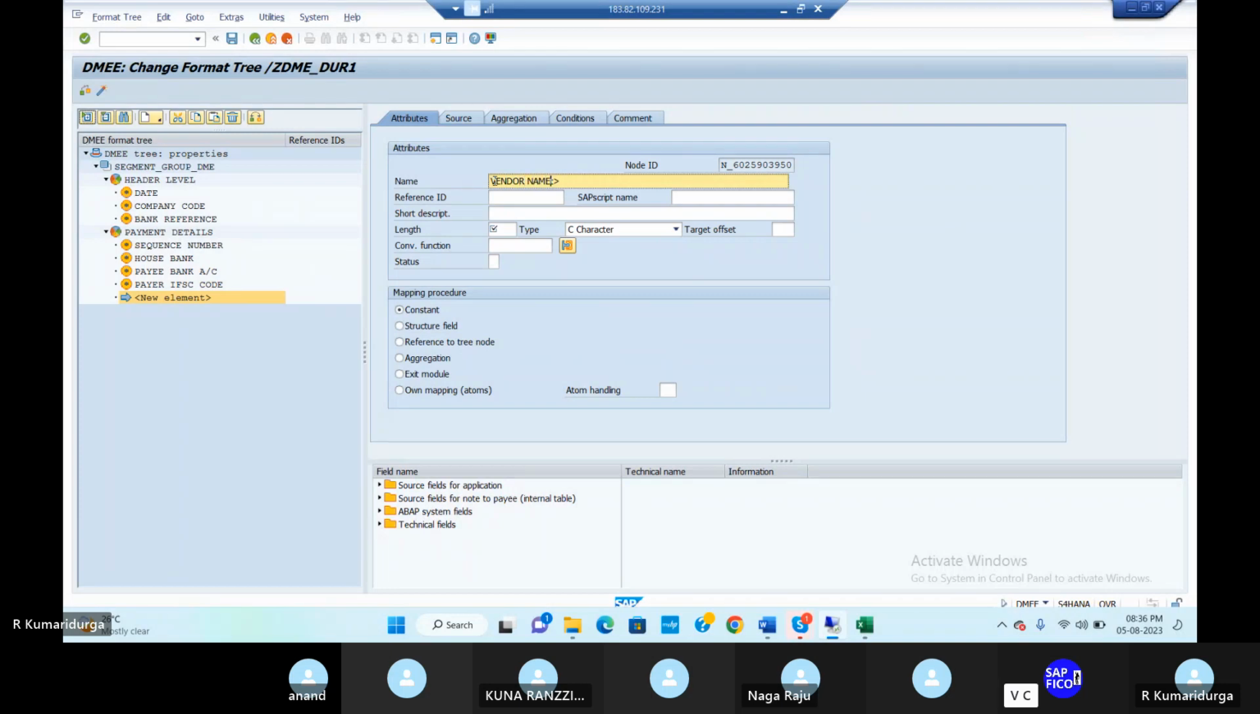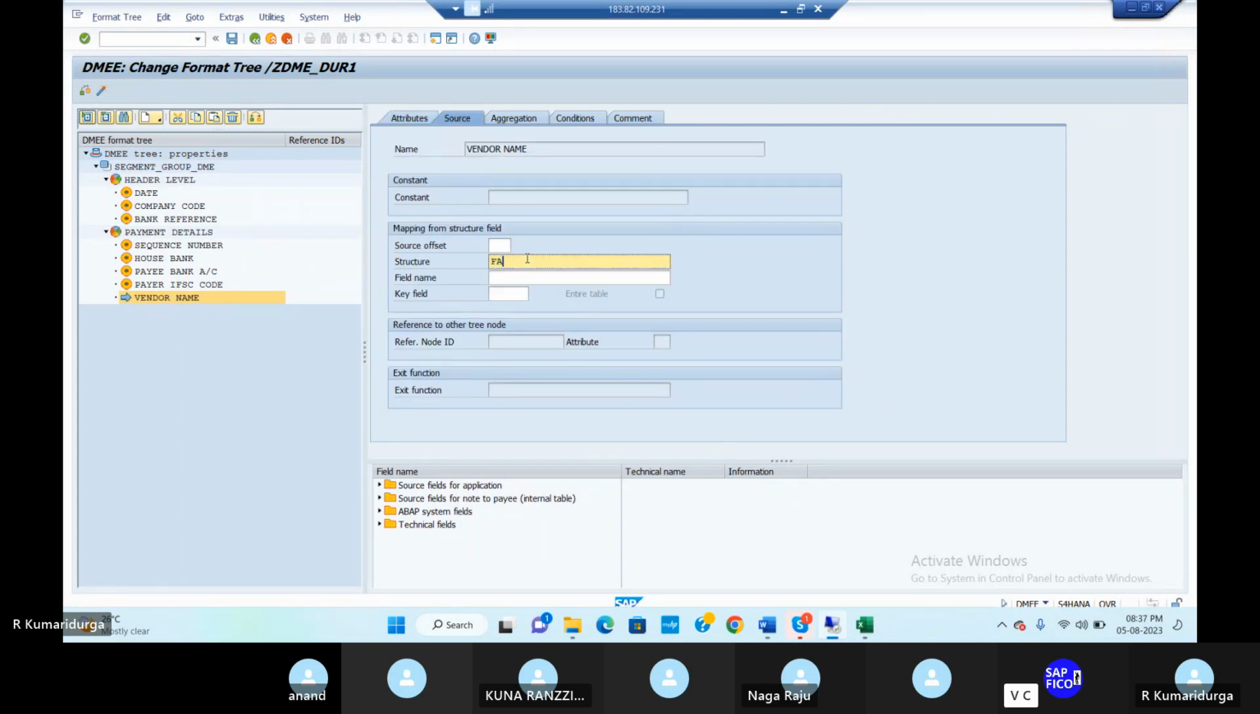And short description is vendor name. And length is 40. Okay, vendor name should be in a 40 size, right? 40. And structure field, and go to the source tab. In the source tab, structure field is FPAYH and the field name is